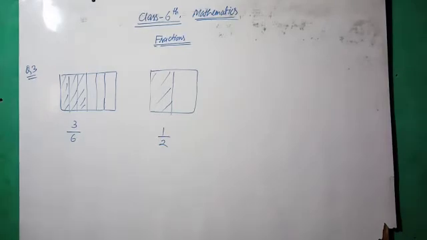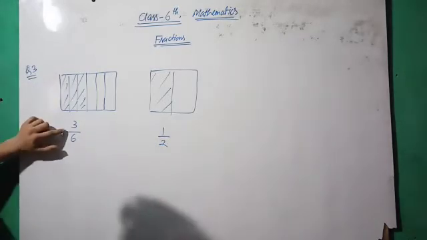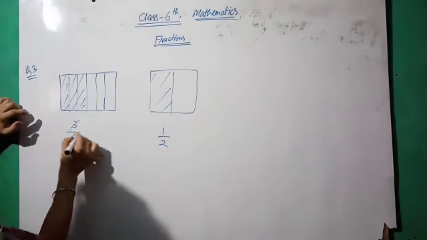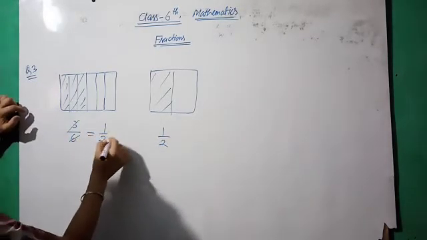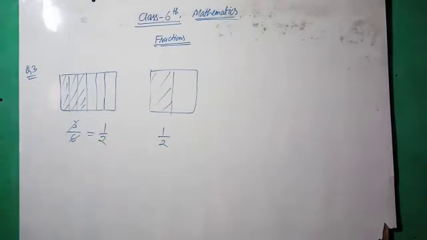Write the equivalent fraction represented by each picture. Equivalent fraction: 3/6 and 1/2, we can see that these are equivalent. So these are the equivalent fractions. Similarly, you have to do the second part of this question. Next, the fourth one: find 3 equivalent fractions for each fraction.